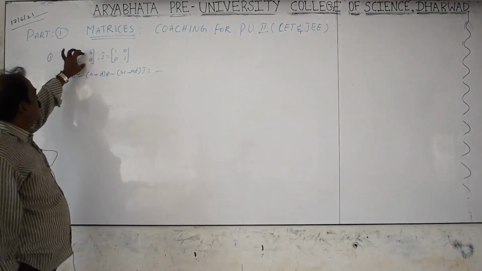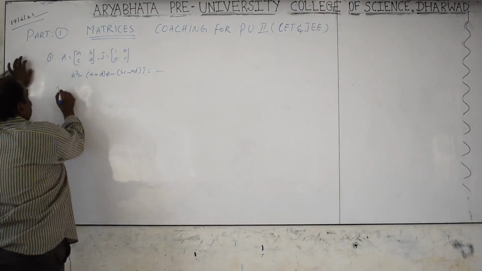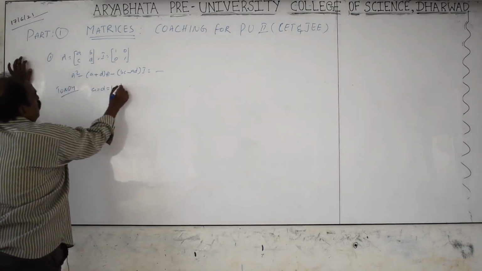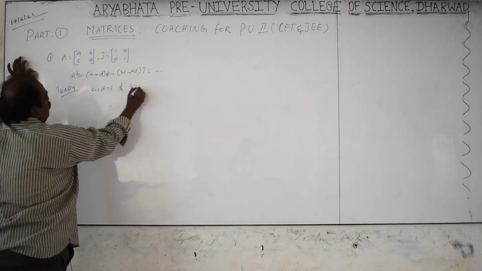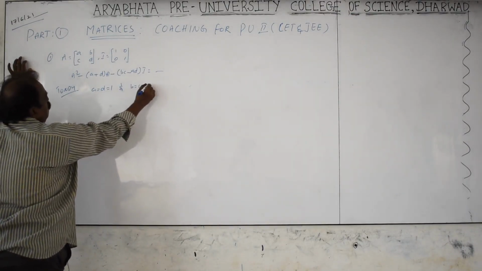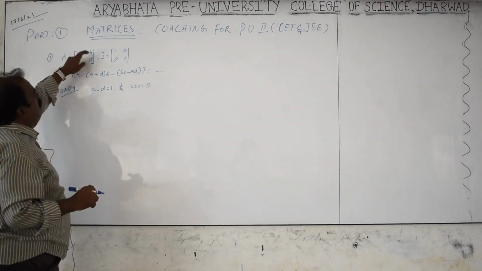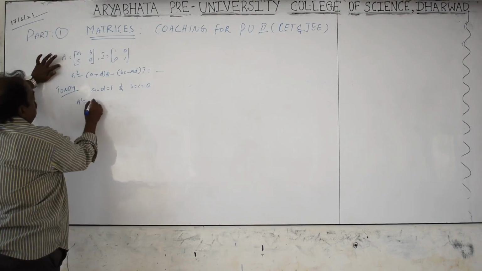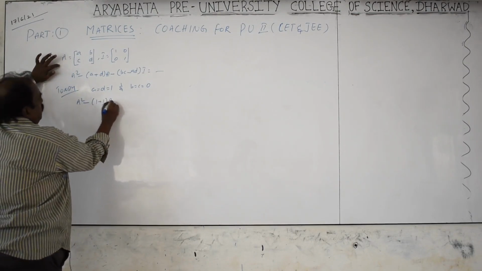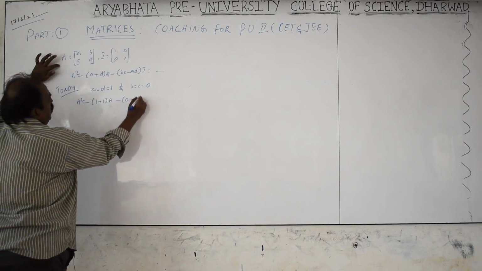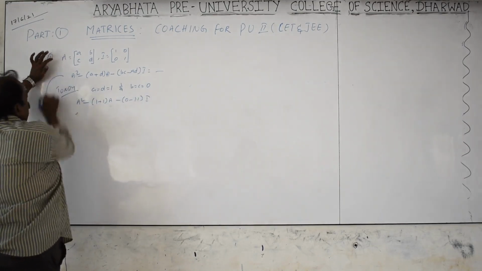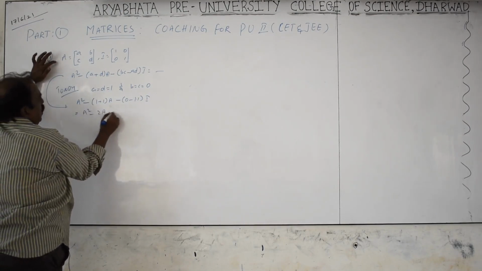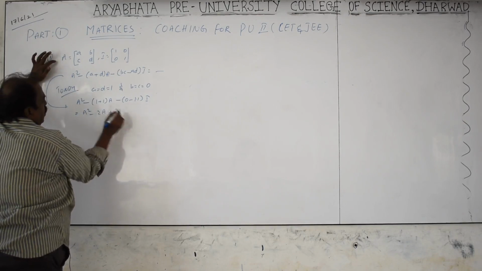a typical one. You see, a, b, c, d are variables. We have to use the Tondi method. In the Tondi method, you assume a is equal to d is equal to 1, and b is equal to c is equal to 0. Okay? So the matrix is [1, 0; 0, 1]. Then what is A square? A square minus (1 plus 1) A minus (0 minus 1) into I. This one and this one. A square minus 2A plus I.